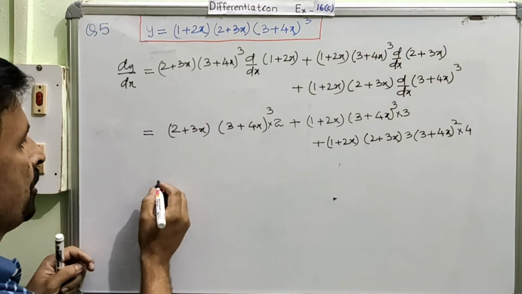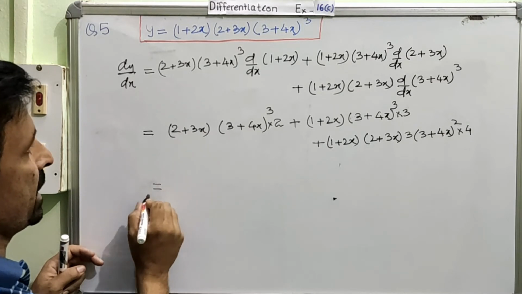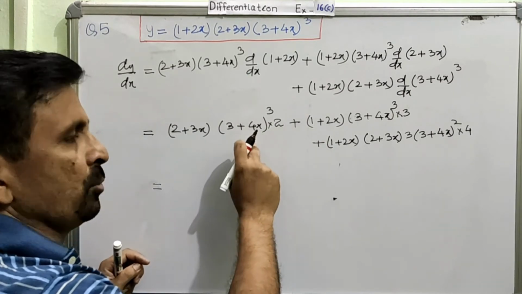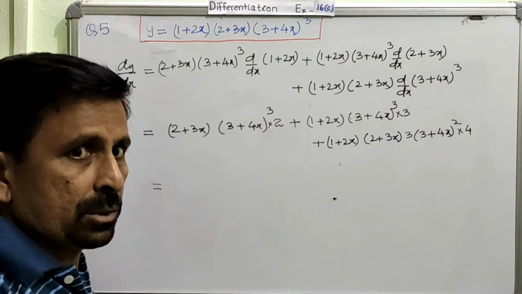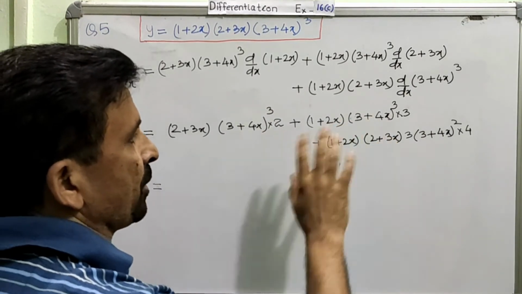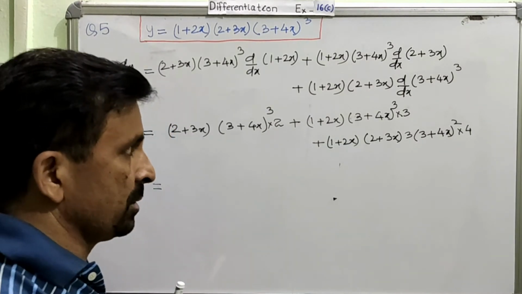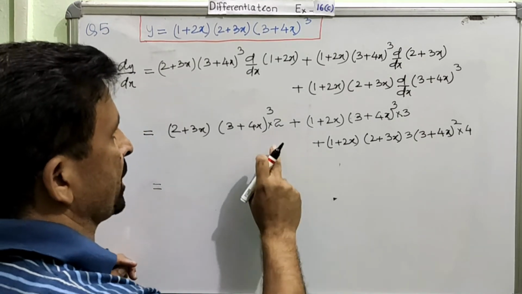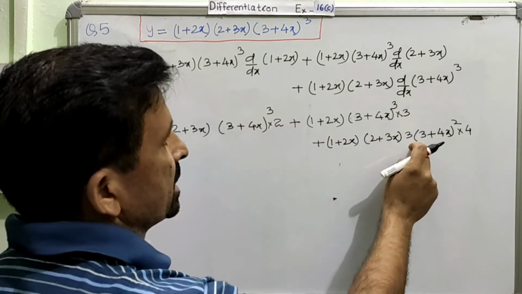Alright, now we can write the final answer, right? We are not going to expand, because if you are operating, then it will be too lengthy. This is power cube, so first of all you have to expand it, and then after expansion you have to multiply with this and this. So therefore the book demands not to go for detailed calculation. Now you can just simply modify if anything is possible. So here it is 2, nothing can be done. Here it is 3, and then here 12.